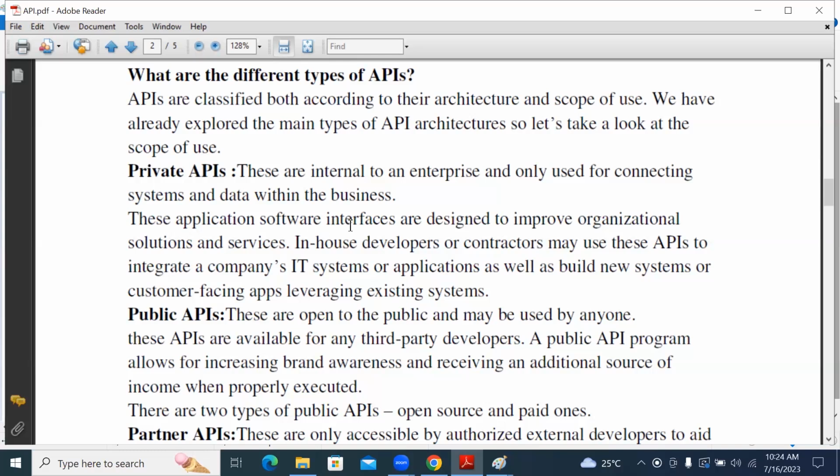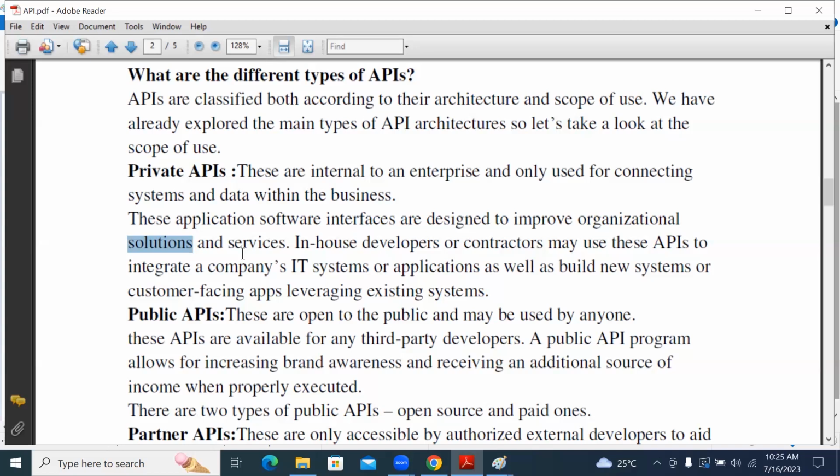This private API is a software interface which will improve that particular organization only, not other companies. It is used internally. Most of the time you may have heard common terminologies like local and non-local.